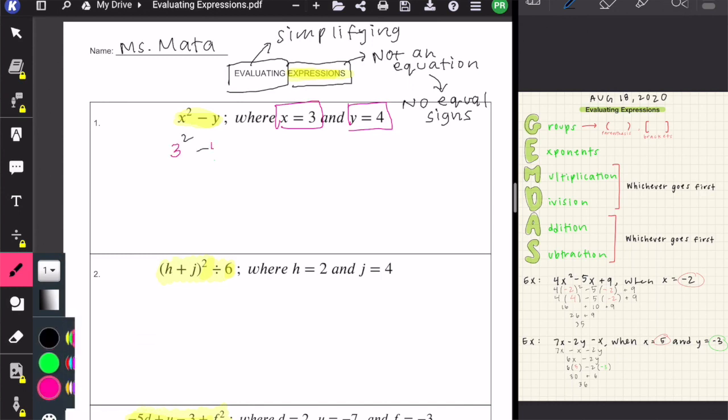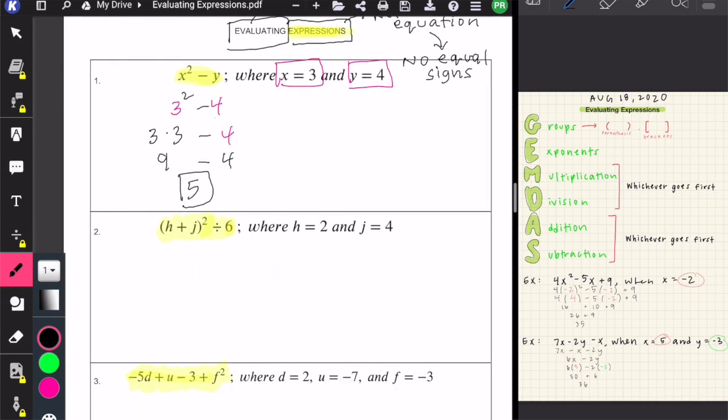Okay, so 3 squared is the same as 3 times 3, and then minus 4. 3 times 3 is the same as 9 minus 4. 9 minus 4 is the same as 5. So 5 is a simplified expression of our original expression, which is x squared minus y. Number 2, we have